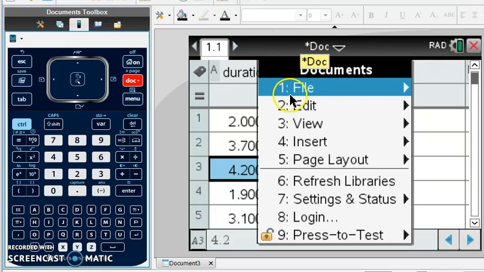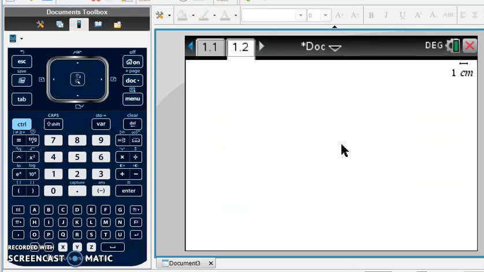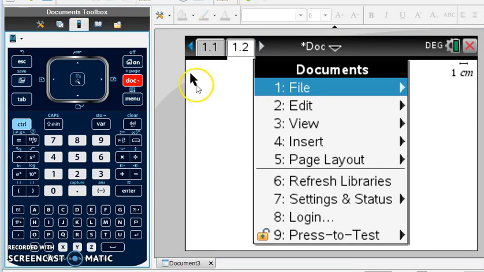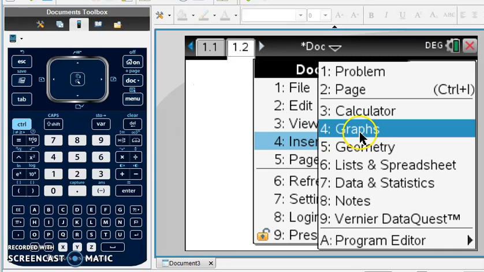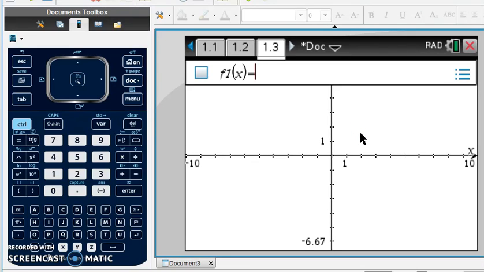So I'm going to go to my document, I'm going to go to Insert, and I want a graph. I believe I did a calculator by mistake. Let me do that again. Document, Insert, Graph. There we go. Okay, so now I have a graph inserted, and just a blank graph, and I want to graph my scatter